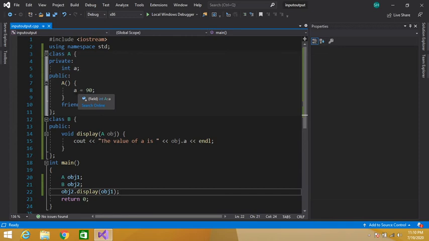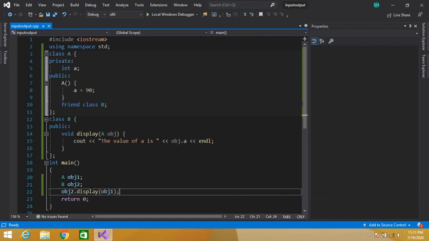So A now contains 90. Then I have created an object of class B, and using the class B object I am able to access this display function. Why? Because this display function belongs to class B. That is why we can access this display function using the object of class B.